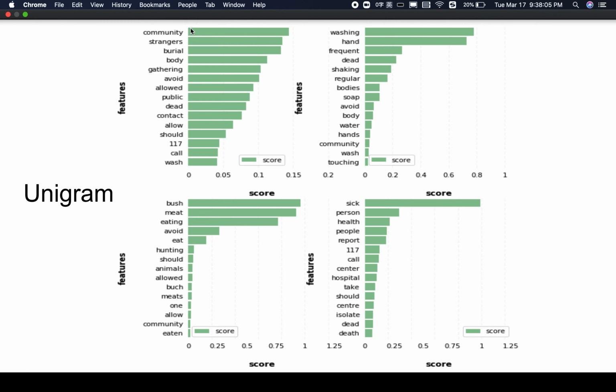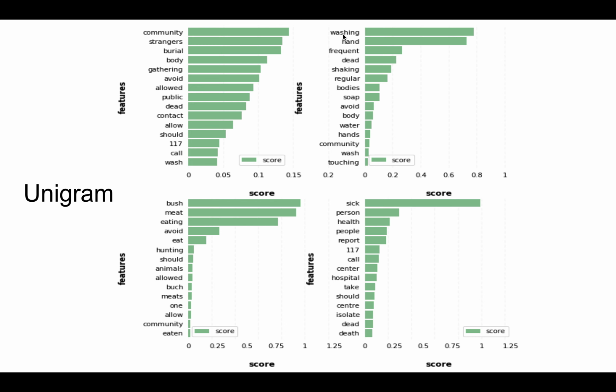As you can see, if you take a look at the first two words, for example, for this one, the first is washing and the second is hands. You can imagine the action is like washing your hands frequently, or don't shake hands with a dead body or something. As you can see here, use, soap, washing, hands are related.